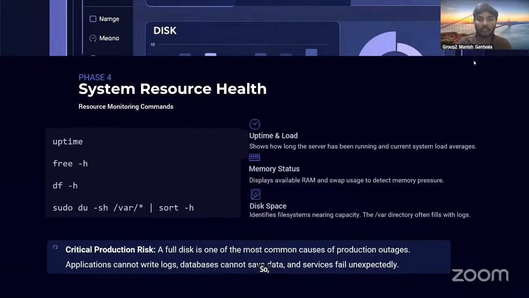So here we have a critical production risk. A full disk is one of the most common causes of production outage. Like I told, if our Instagram or Twitter, most of the applications, are going to be down sometimes, maybe these are the chances to rectify it. So we have to check